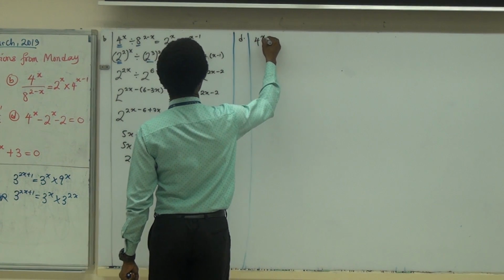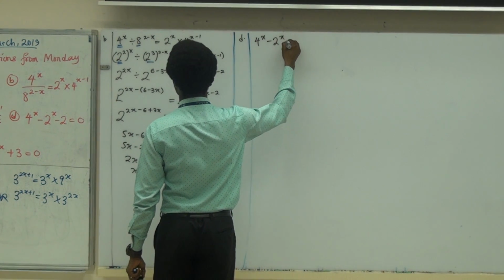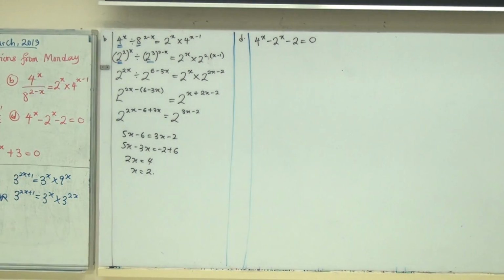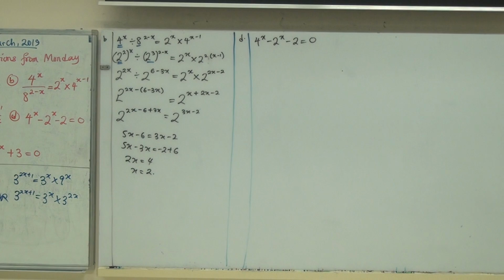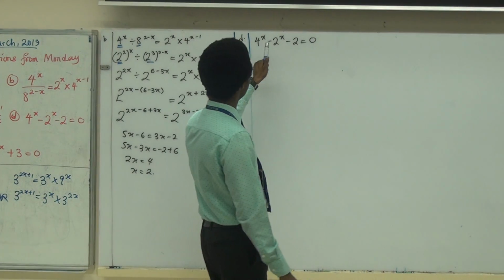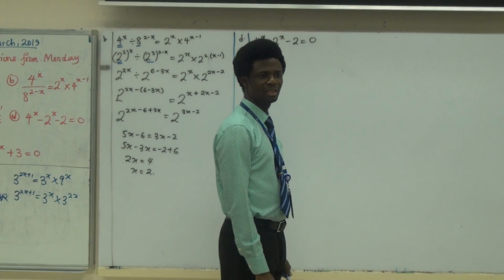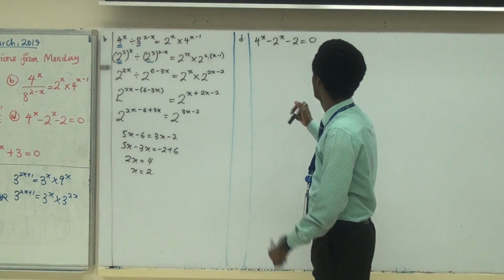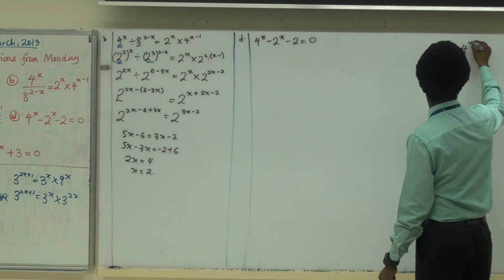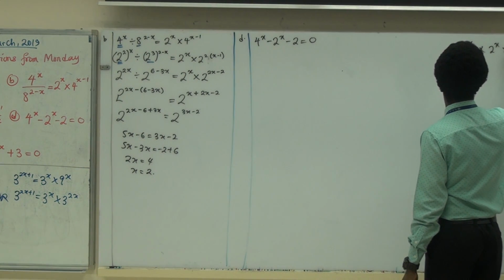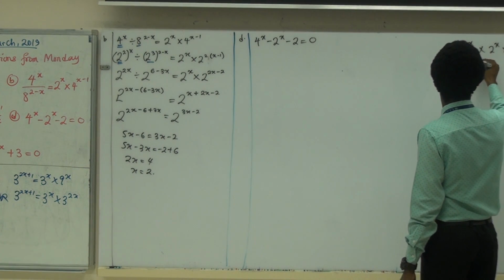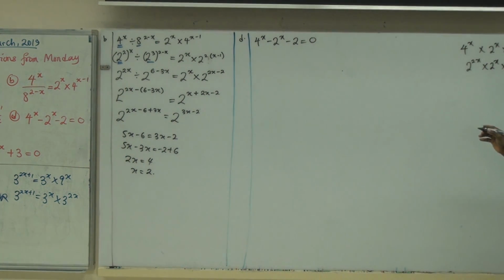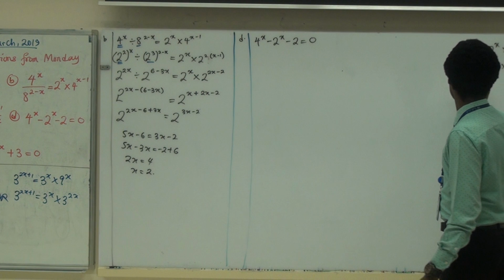4 to the power x minus 2 to the power x negative 2 equals 0. You know, this looks tricky because these are same base, right? The only difference is there is nothing like times. If I have 4 to the power x times 2 to the power x, then you could write this. Is that not? Talk to me, everyone. Yes. And that could be,